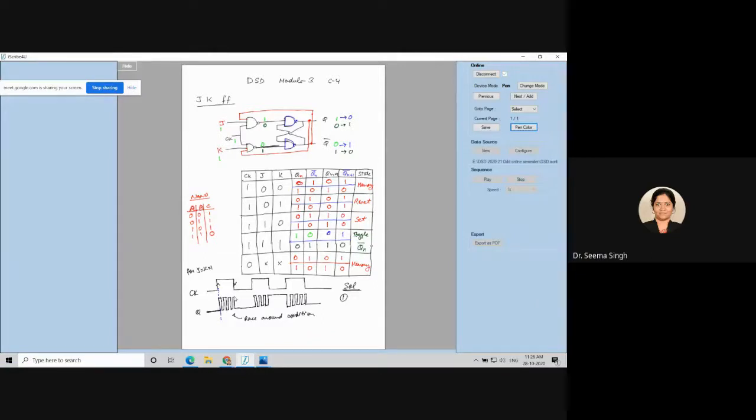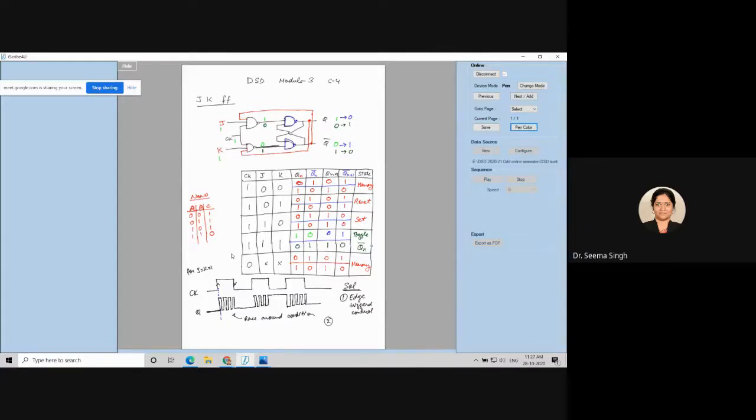This clock is high, till that time this will happen. But if you start using edge triggered flip flop, which is changing the state only at positive edge or only at negative edge, that is one of the solutions. So this will not happen. It is using edge triggered control. We will not use pulse trigger, we will use edge trigger. So this is one solution.